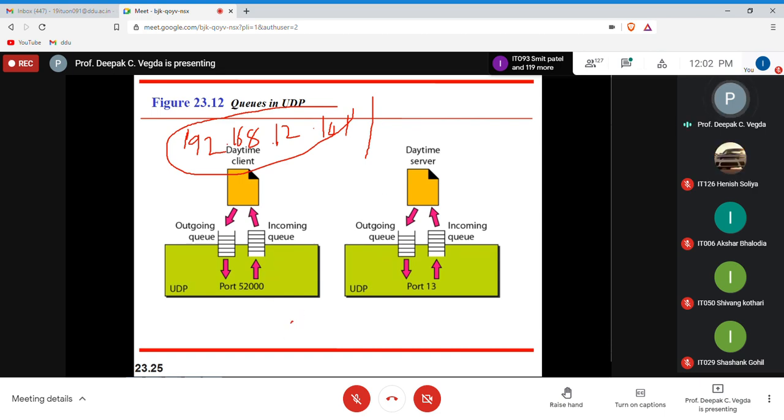Suppose I have a machine here, and at every port number processes are there. So every process will be allocated or identified using a port number. Suppose this is port number 52000. So one process will have a fixed port number. 52000 is the port number on which a particular process is running. Because when you access this machine, this is the entire IP address of that machine. You are not fixing which process you want to get data from. So you need to make sure which process I would like to communicate with. So you'll write here feedback. That feedback is the name of the process.